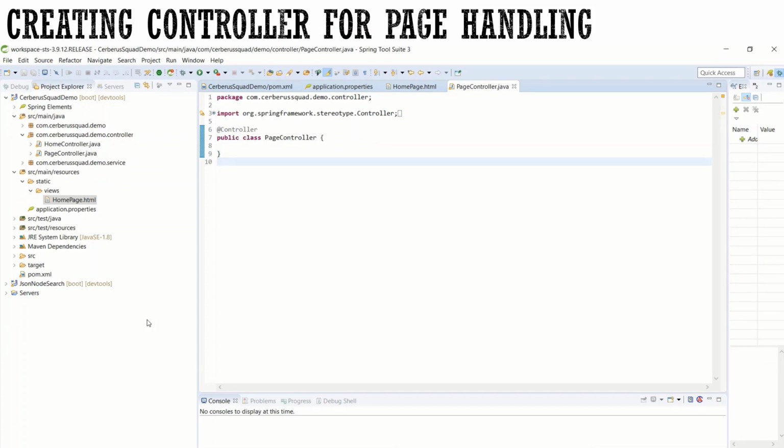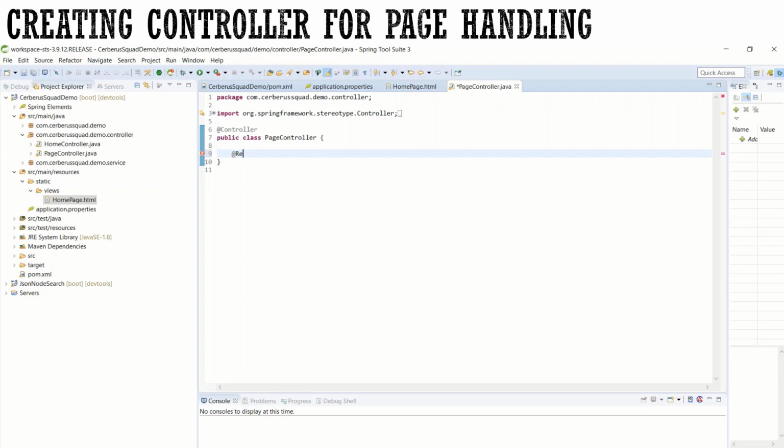Now we have added the properties changes, the HTML with some content, and the pom.xml dependency. The next is adding the controller. For the page to view or to control the page or the template, we need to have some controller class. So we have created a controller class. Let's add the URL handling for each template. I am only having one HTML page, so I am just adding one URL request, one URL calling inside this controller.